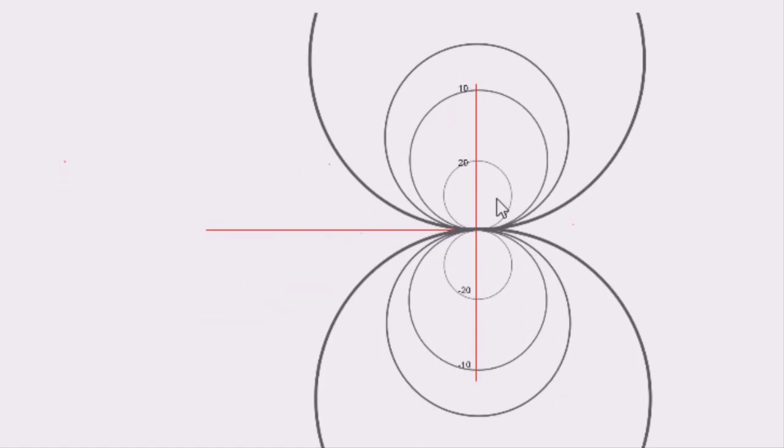Now since the reactance either leads or lags the resistance, there is a 90-degree phase shift between the resistance and reactance. That's why this vertical line is drawn. This portion represents negative reactance, and this portion represents positive reactance. Here once again circles are used, but this time these circles represent different values of positive reactances. Like the smallest circle in this figure represents a reactance of 20 ohm, then this 10 ohm,